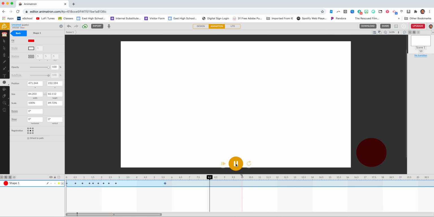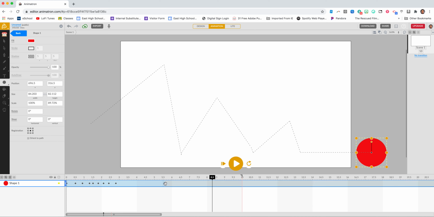So we're going to, it might have been a little too slow. I'm just going to bring it back a little bit, make sure I'm grabbing it. Okay, there we go. So those are some things you can do, and you can see that what I've just done is I've just kind of animated this one shape, but there's things that you can do to it as well at other points. So some other things that I'm going to change is